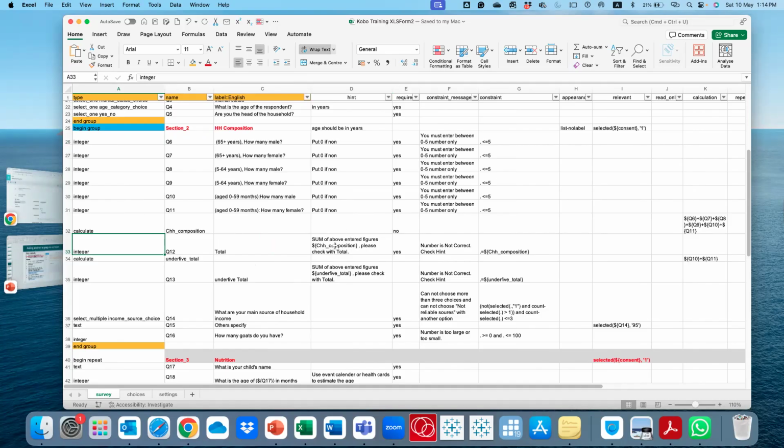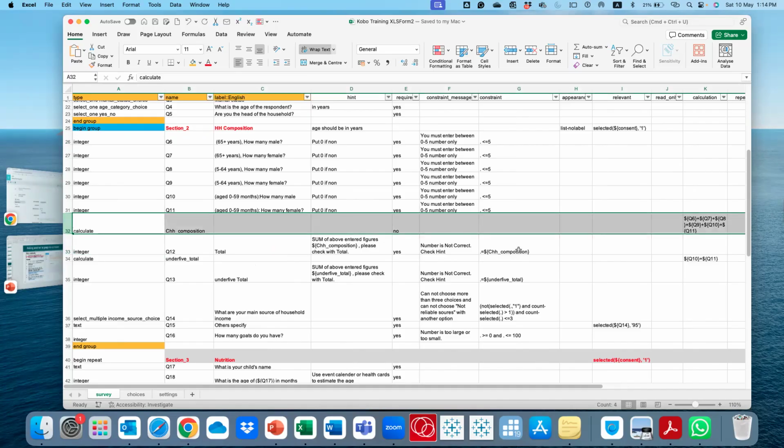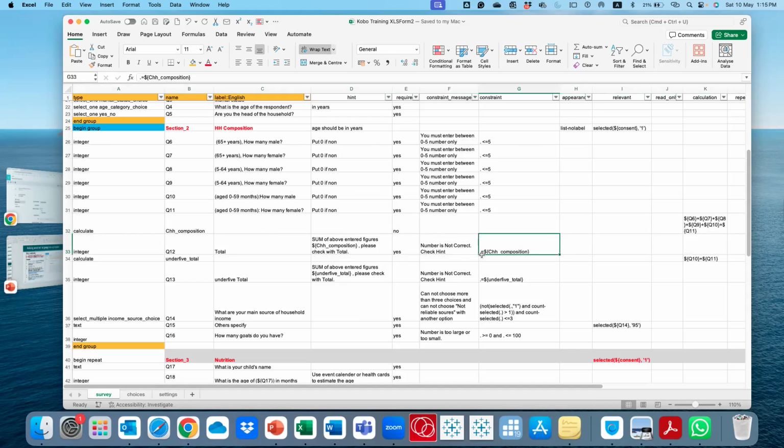The number that you want that person to state, or the one you want to confirm with her, should be equivalent to the calculation here, which you're not going to see. That's why we are saying that this answer should be equivalent to the household composition, which is this name here. So this is a check you can do, that this should match whatever they are telling you, right?